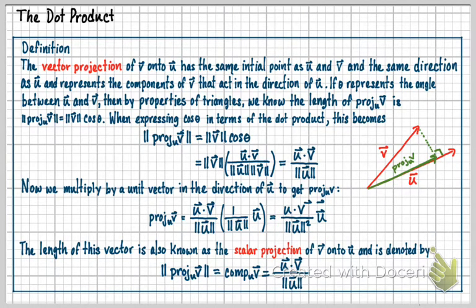And then I can take the magnitude of it. And if I take the magnitude of this projection of v onto u, I'm going to compute it this way. So that's what this magnitude of projection of v onto u means here. Okay, and then there's another component to it,